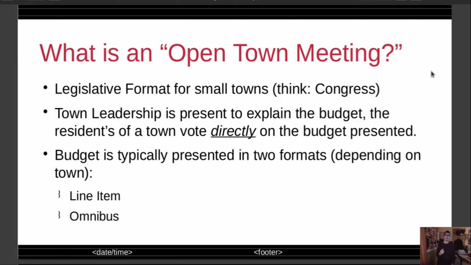It's a direct vote, literally, by each individual town member, by each individual resident of the town, for things such as the school budget, for things such as your local town operating budget, for what your local officials get paid, etc. So the town leadership is present, and they will explain everything that is on the budget, line item by line item, sometimes,